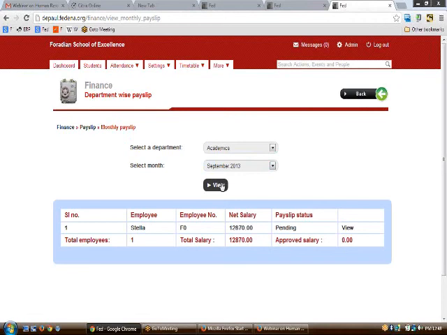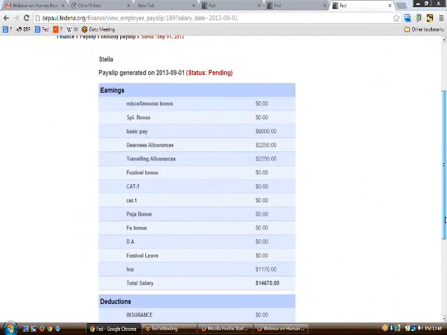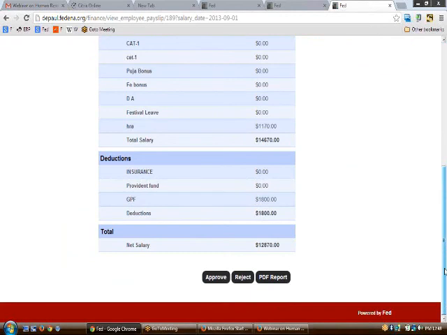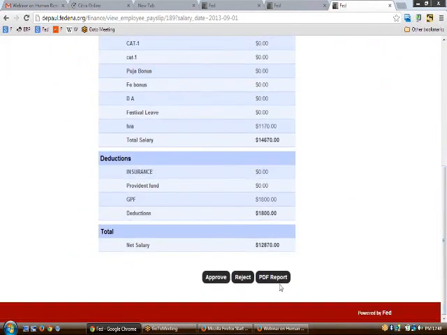Supposing the person in charge of HR has put up a payslip of a certain amount for this particular person, then the person in charge of finance can approve or reject it.